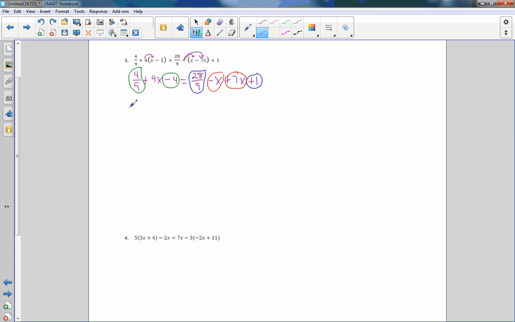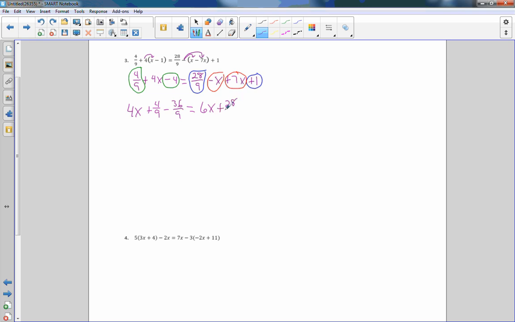Okay, so looking at all of this, the only thing that doesn't have a match on one side is 4x, so I'm going to write that first. So 4x was all by itself, nothing to add. I need to convert this negative 4 to something over 9, so now it's going to be, let me just rewrite this as 4/9 minus 36/9, which is negative 4, equals, and then I'm going to combine these two. 7x minus x is 6x, and